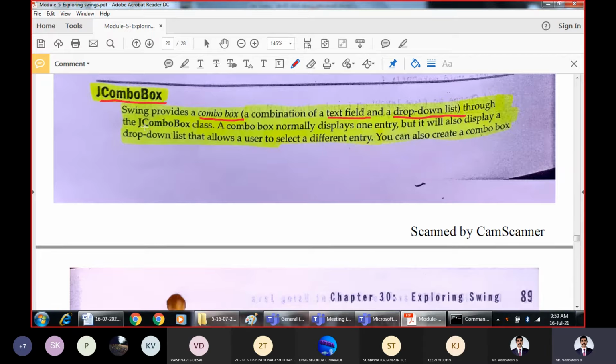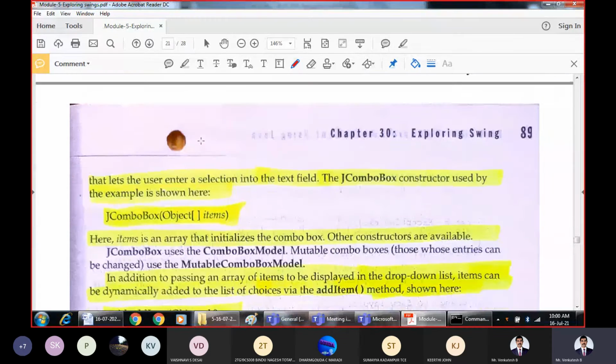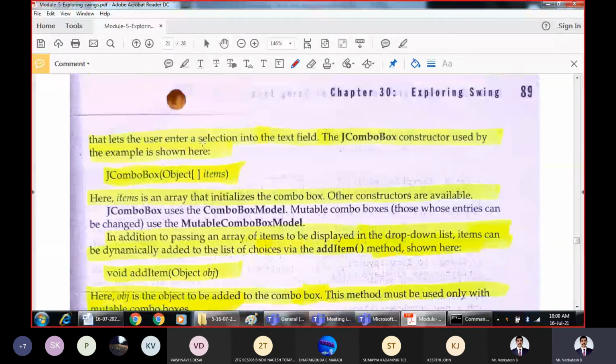And obviously it is with the help of the JComboBox class. Basically it is going to display one entry, but it is possible for us to allow the user to select a different entry also. So the constructor defines the JComboBox, which will take an object of type item.